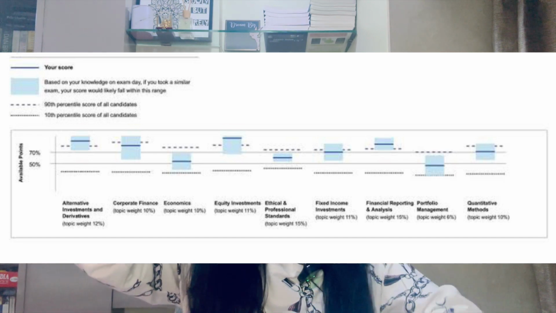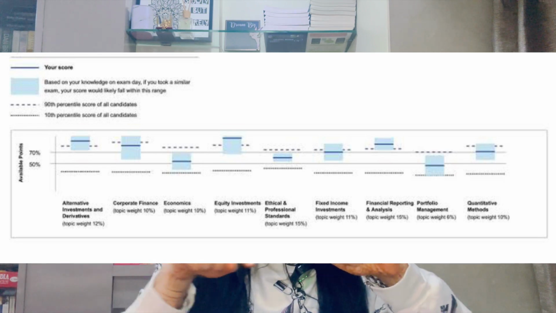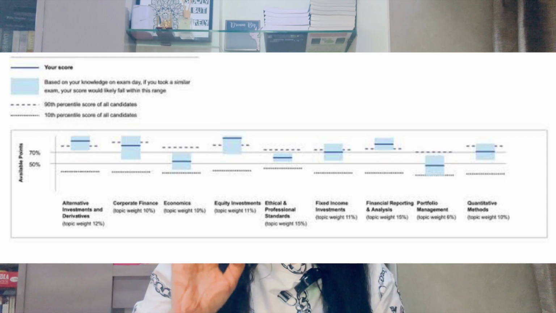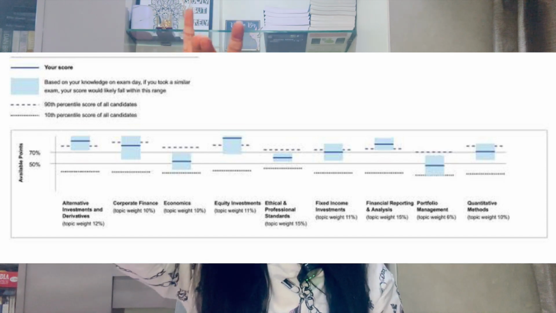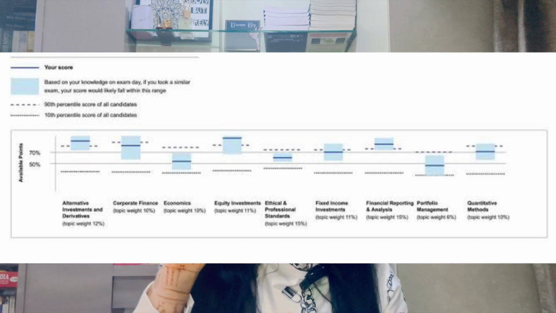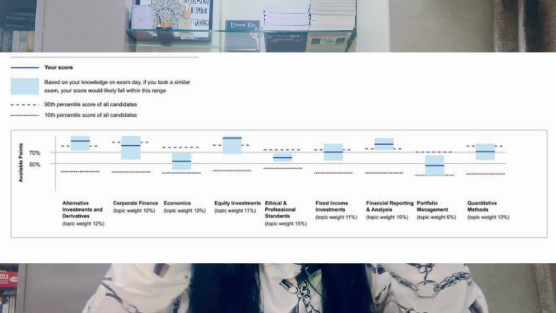This is how low or how high your score can be. So you need to see that entire box. The lowest point means your score could have gone that low. This is an assumption by them, and the highest point of that box is how high your score could have gone. They feel your exact position, that is where exactly you lie, is that dark blue line